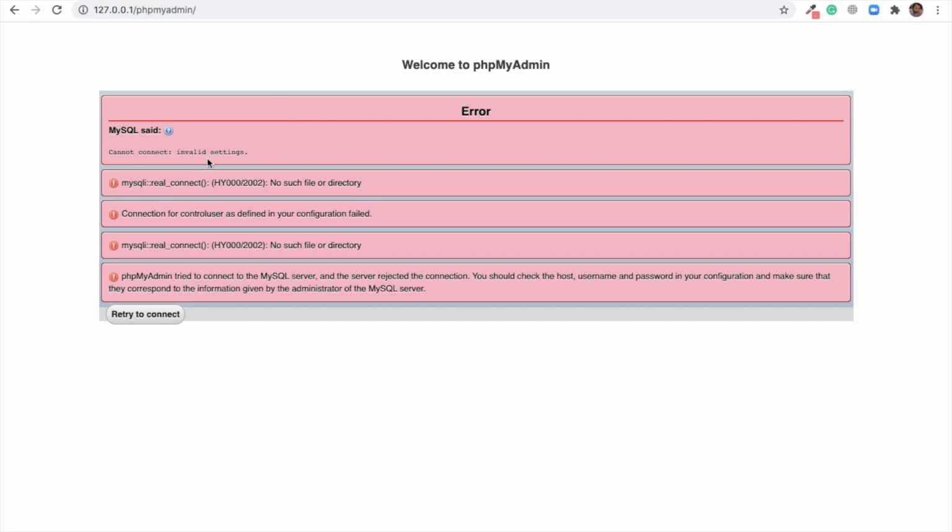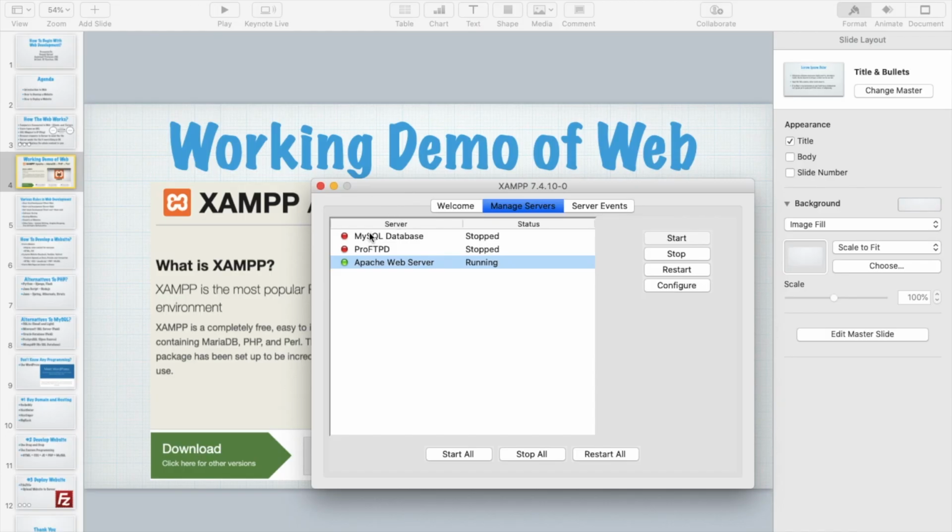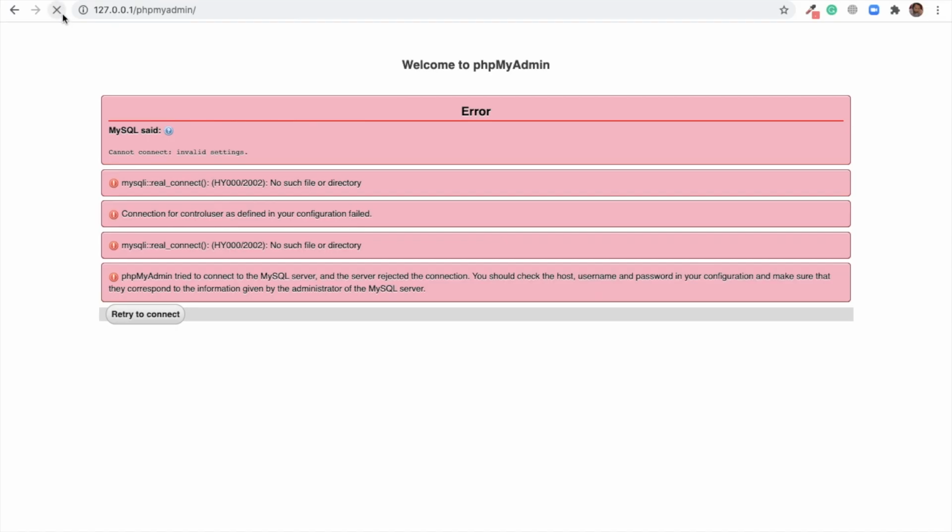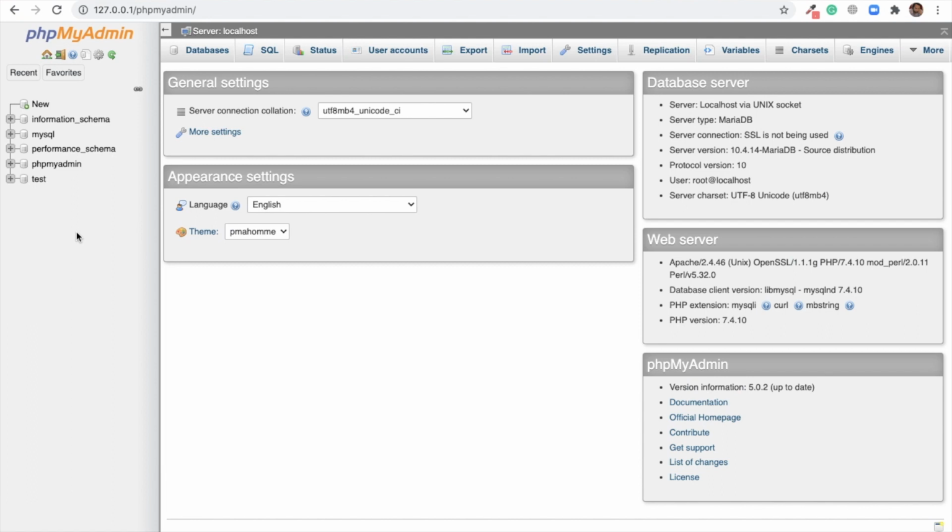And this is again the same problem. Our database server is not running. So let's click this, start the server, and now you will see how the database server runs, right? Refresh this page again, and you can see these are the databases.